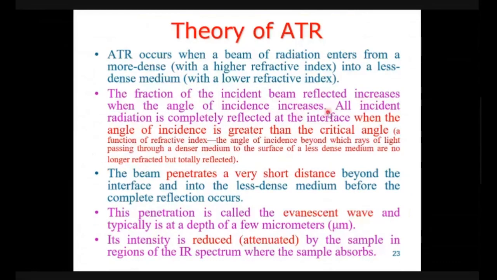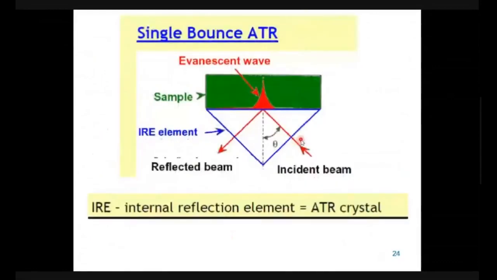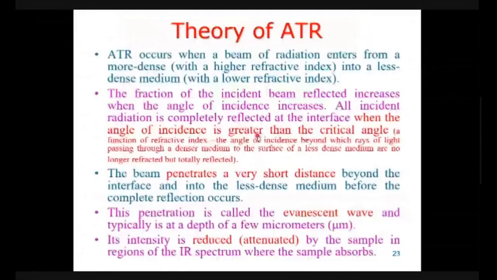So what this means, I will show you. If you go on increasing this theta value, the reflectance angle will also go on increasing. This is pretty much understood. The fraction of the incident beam reflected increases when the angle of incidence increases. All incident radiation is completely